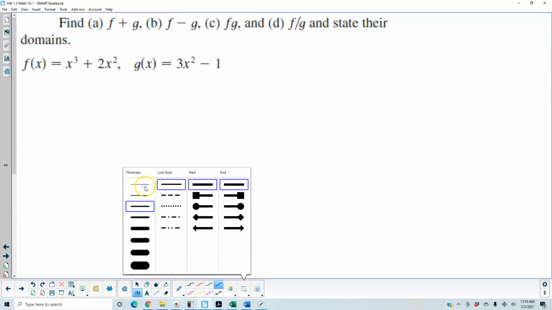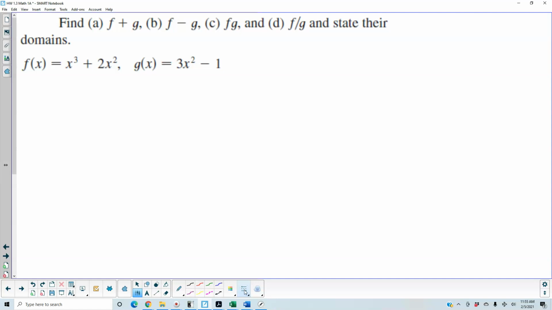Here we want to be able to find A, which is f plus g, B, f minus g, C, f times g, and D, f divided by g, and then state their domains. So for the first one, what we want to do is find f